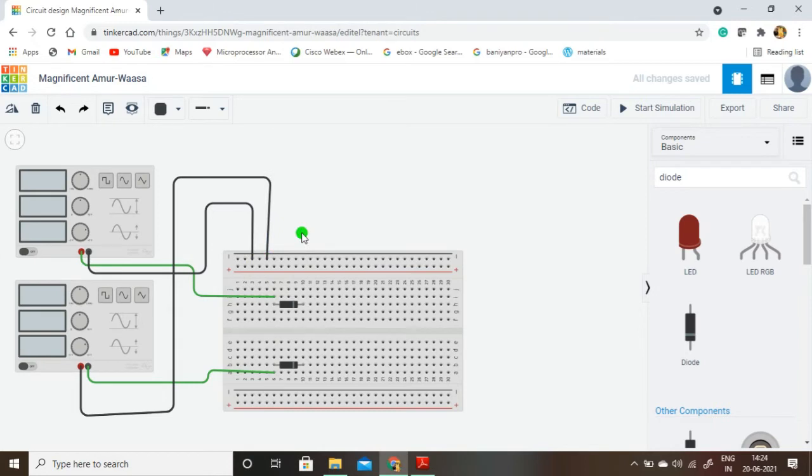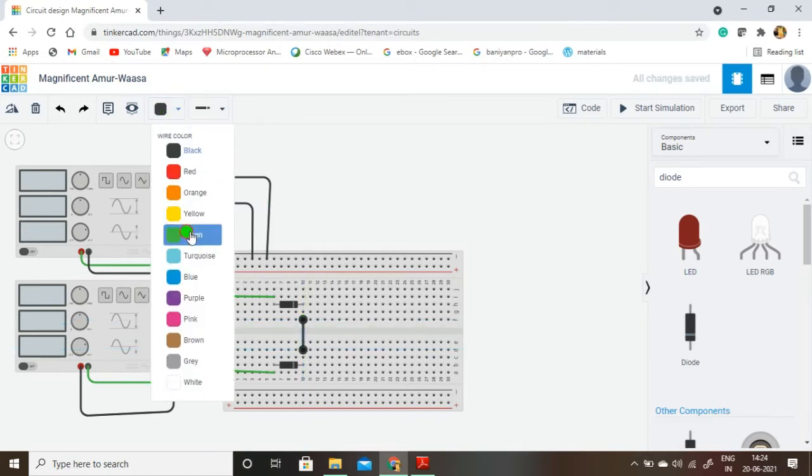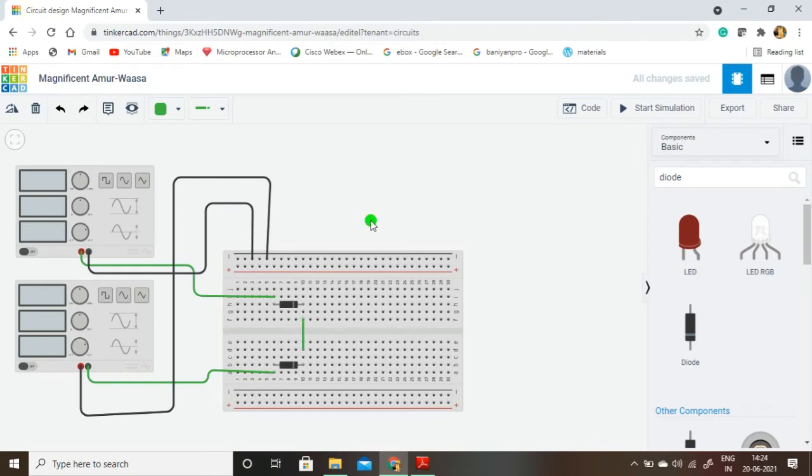Okay, what is the next component we are going to use? Before that, this cathode terminal can be connected. This cathode connector can be connected. The simple circuit of the full wave rectifier is available in our presentation. The presentation link is available in the description. You can go to my blog and download and use it. Okay, this cathode terminal and this cathode terminal can be connected.